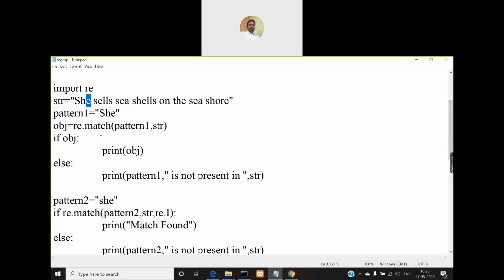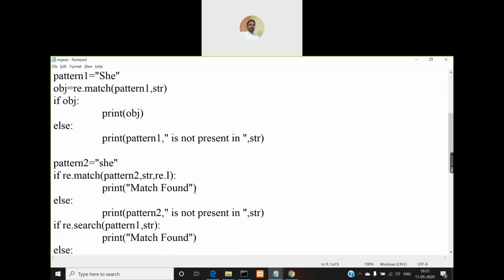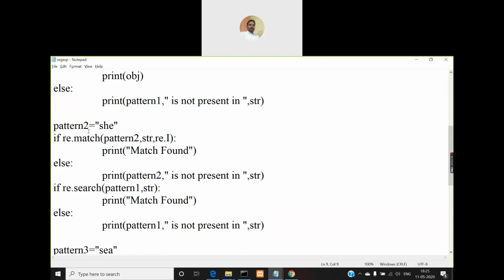So now that you understood how to use this match function, we'll see one more example here. We have created pattern 2 as she. This will also return not found. So look at this if statement, how I am using it now.